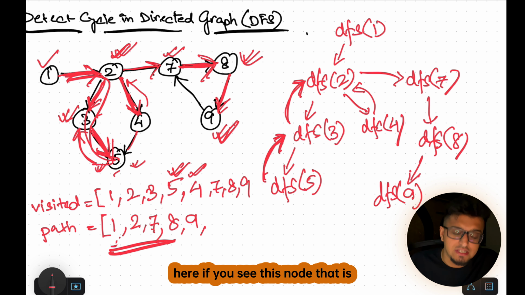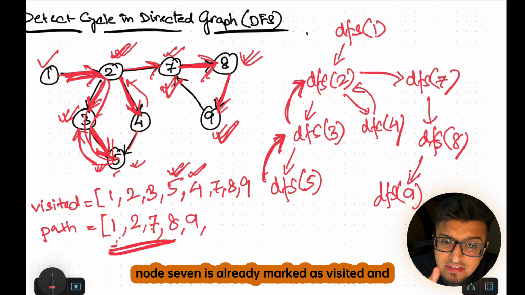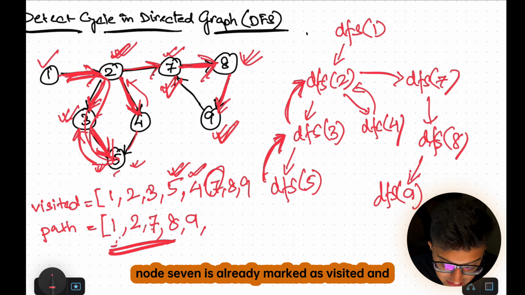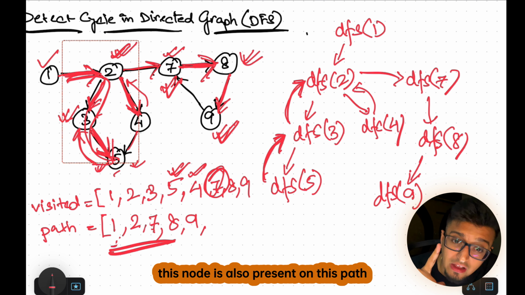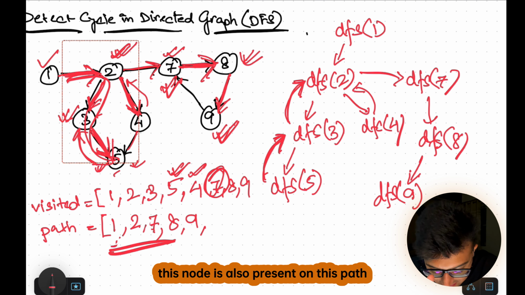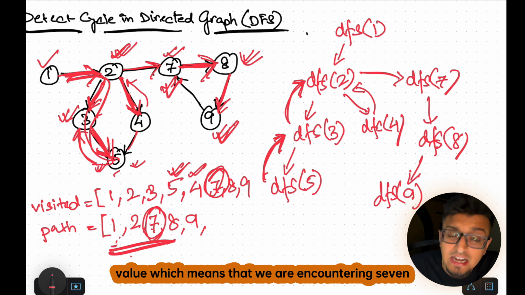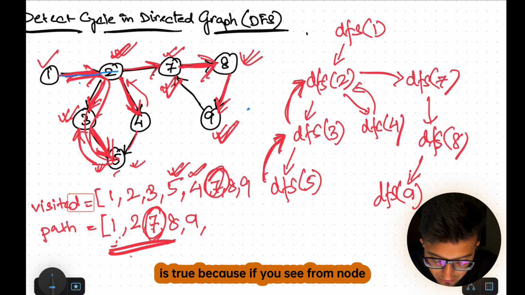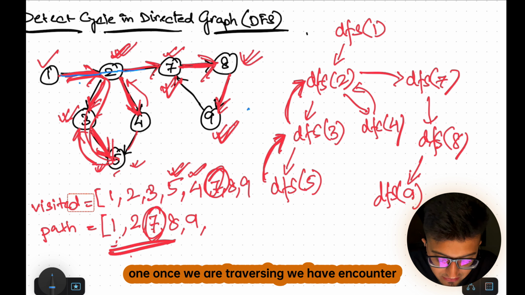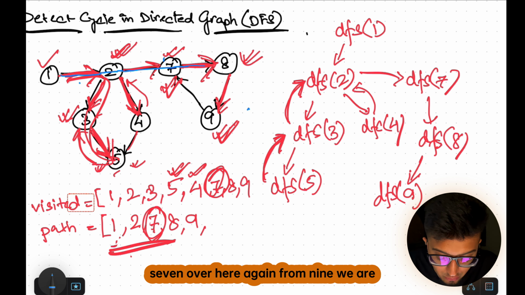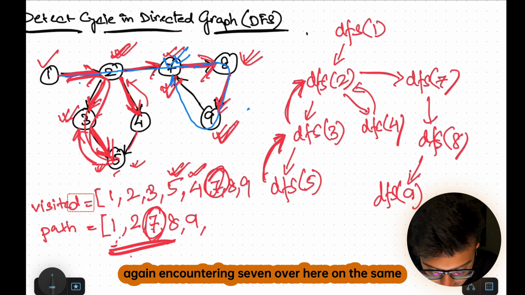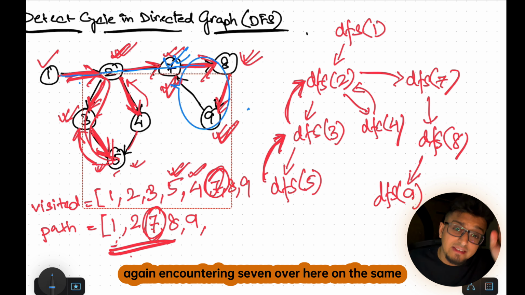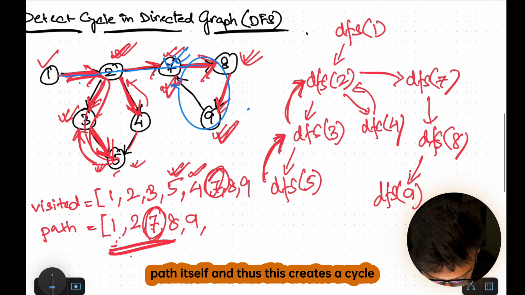But here if you see, node 7 is already marked as visited, and this node is also present in this path value, which means that we are encountering 7 twice while moving on the same path. And that is true, because from node 1, as we are traversing, we have encountered 7 over here. Again from 9 we are encountering 7 on the same path itself,